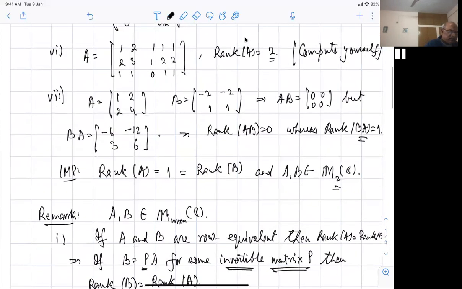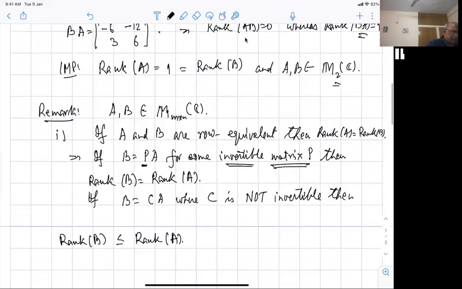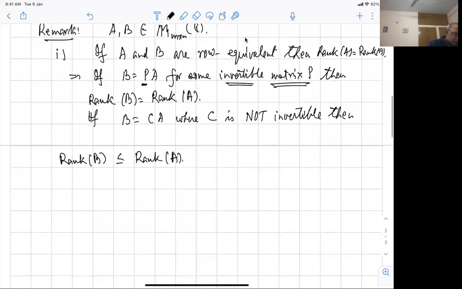As you saw here, A has rank 1, B has rank 1. If I multiply it, the rank of B remains the same, all right. So rank of A, rank of B, rank of BA is all 1, fine. And where AB, the rank becomes 0, so here it has reduced, all right. So all the things can happen, fine. Second part,